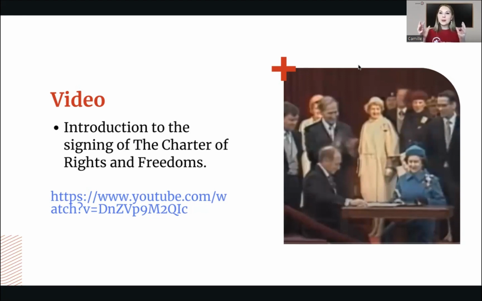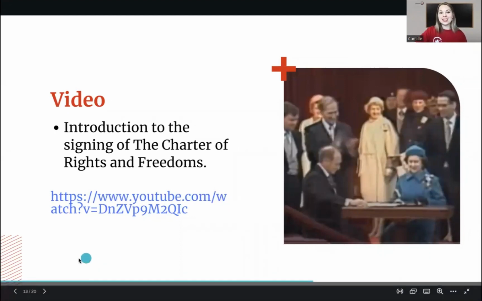So the Commonwealth would be the countries that were previously colonies of the United Kingdom, meaning we were colonized by Great Britain. So as Cleo said, we have Canada, New Zealand, Australia, a bunch of the little islands, the Canary Islands. India is a part of the Commonwealth, among other countries. So that's why it was important for the Queen of England to be a part of signing this document, because while she is what we call a figurehead in Canada, she is still an important symbol of that freedom that